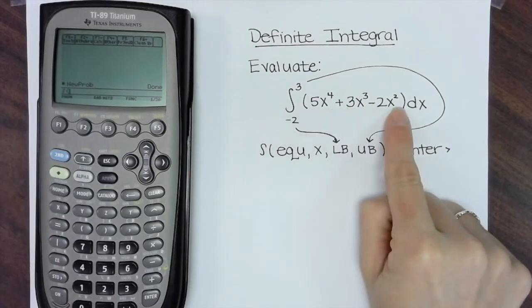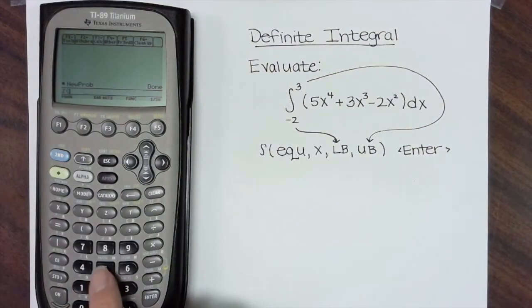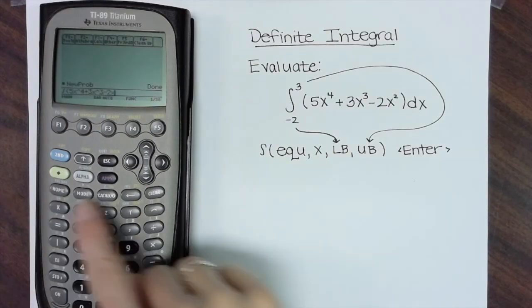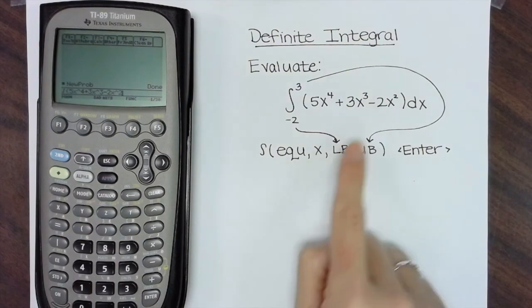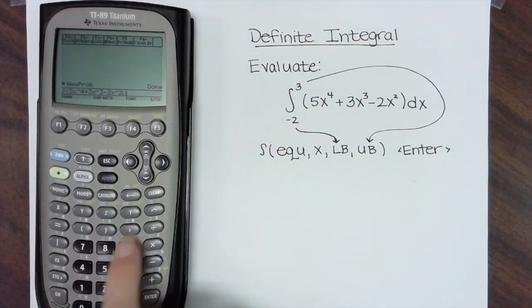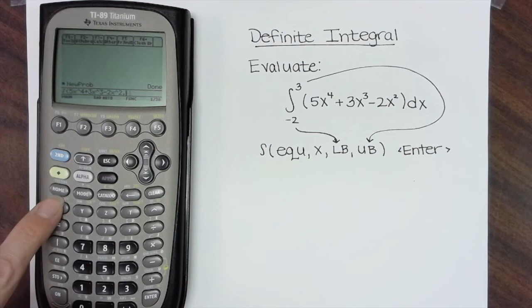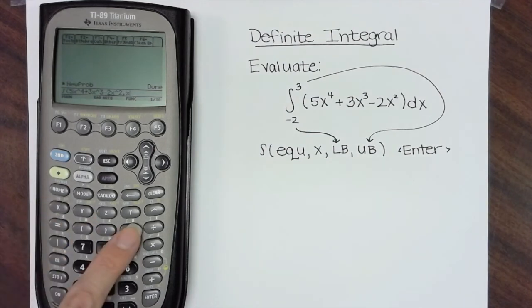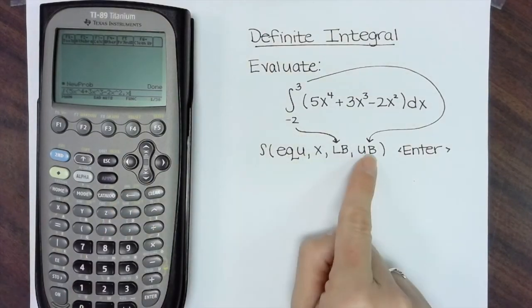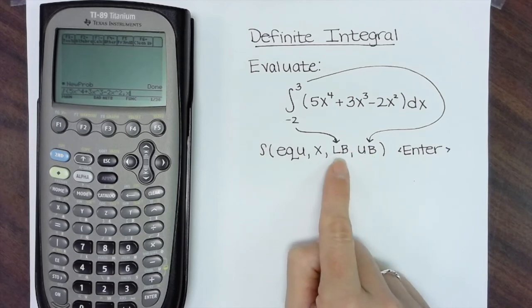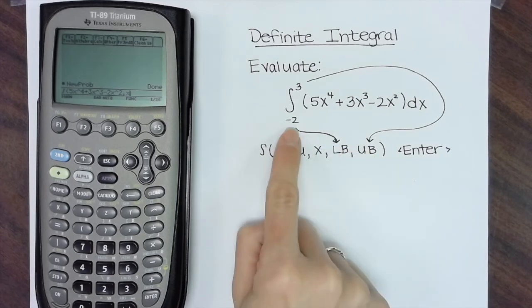Type the equation, or the integrand, into the calculator, 5x to the 4th plus 3x cubed minus 2x squared. Finish the equation with a comma. Tell the calculator x, so type in x. Now here comes the new part. We haven't done this yet. Usually we put a comma and a parenthesis at this point and finish the command. Because this has a lower and an upper bound, LB, lower bound, UB, upper bound,